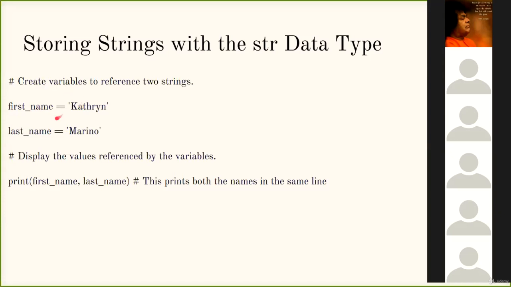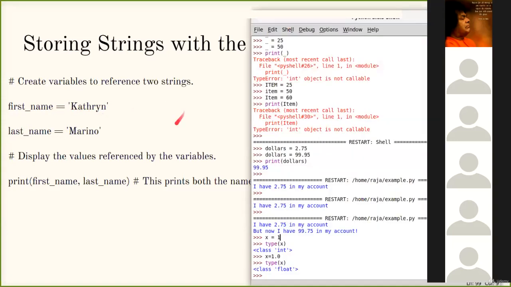So take your first name, and you assign a string. This is how you do a string assignment. You start it with a quote. Okay, so first underscore name is Catherine,